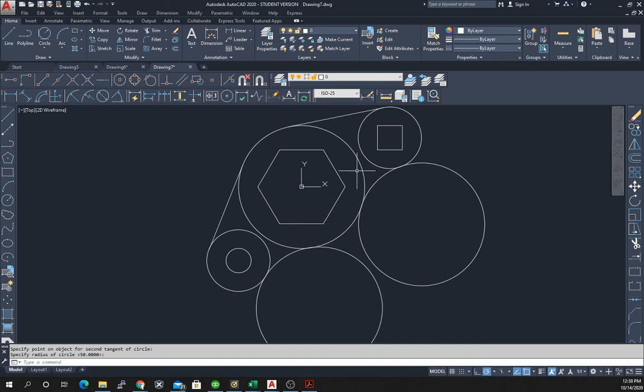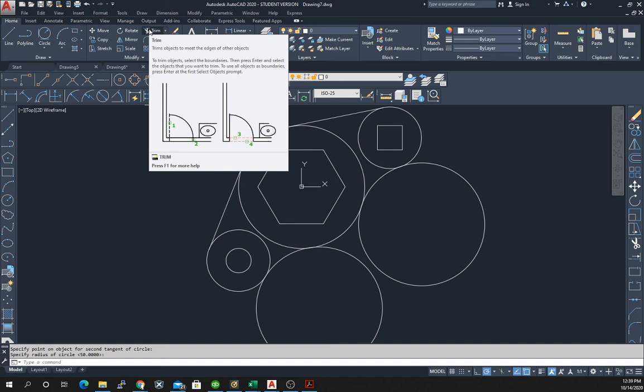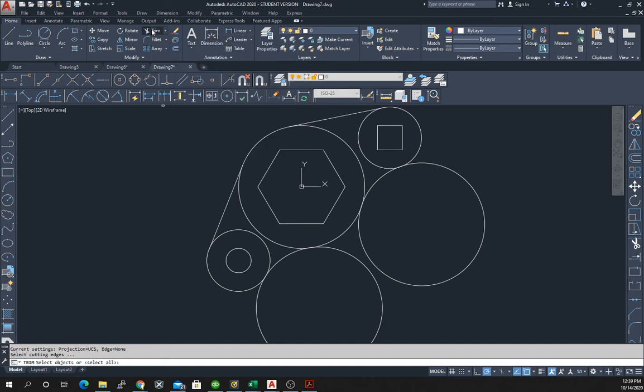Well, that's our drawing, except we have lots and lots of extra pieces. And now we have to delete those pieces. And to delete those pieces, we use the trim command. There are two places where you can get the trim command from. One is over here, the pair of scissors, and the other is up here, also the pair of scissors. Either or is fine. They're both exactly the same. So what do we do with the trim? So we trim objects to meet the edges. So what I do is I select trim,